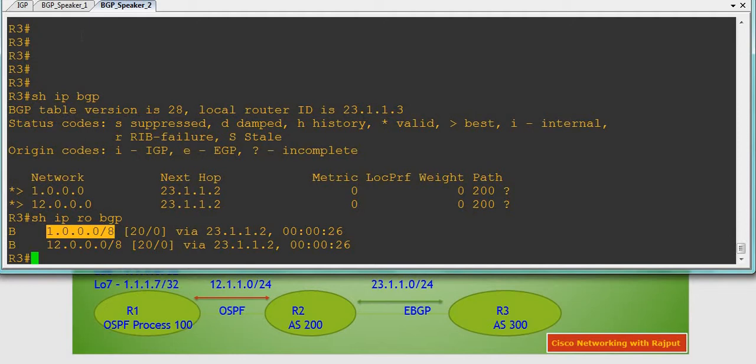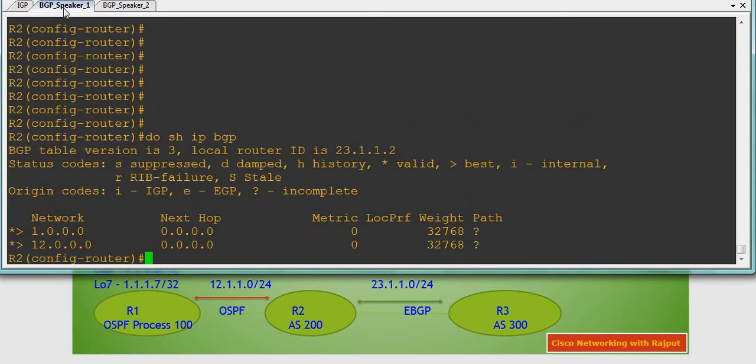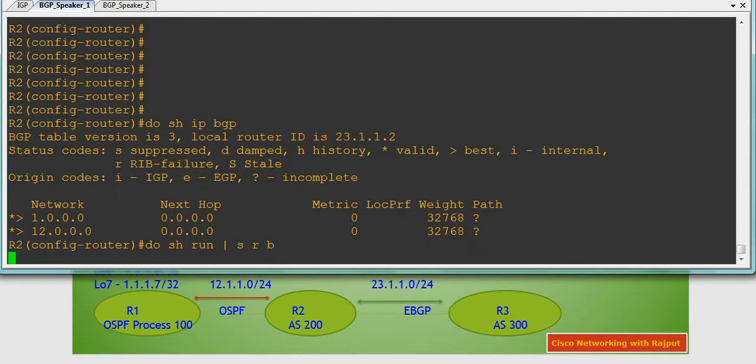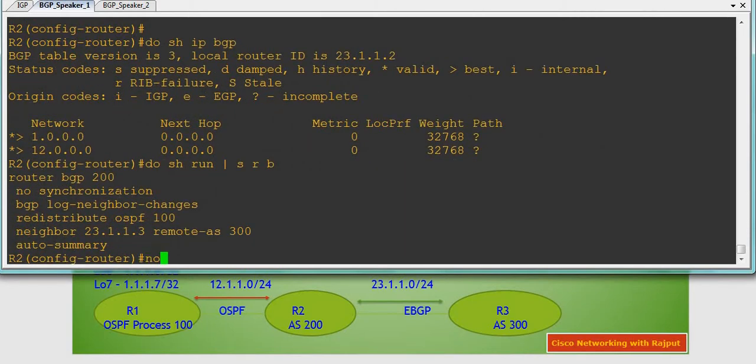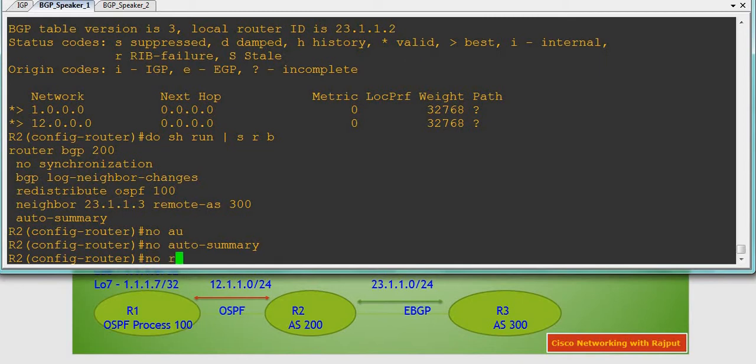We may face a situation where we do not see the desired routing in the complete backbone because of this auto summarization. It's quite possible that either it aggregates the complete traffic to this particular site, I mean the site which is originating this summary route, or some abnormal behavior will be there. So always make sure auto summary is off whenever you are redistributing routes in BGP. Okay, let us remove auto summary and redistribution statements from BGP. No auto summary, no redistribution,